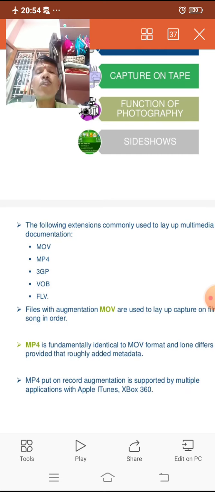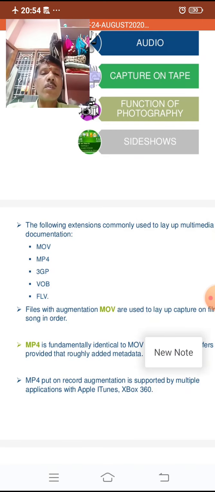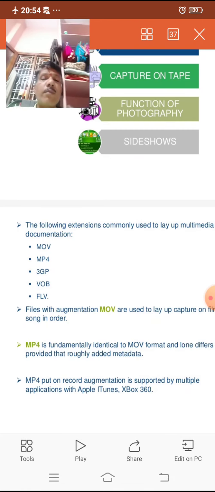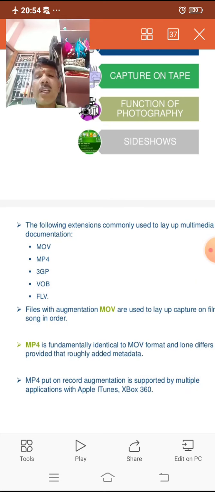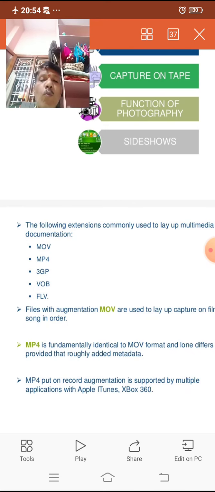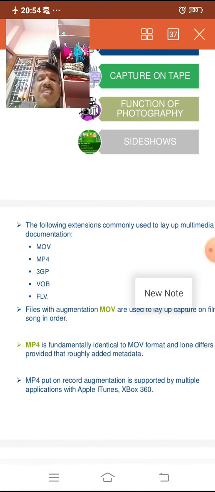Then MP4 is fundamentally identical to the MOV format and differs only in roughly added metadata. The MP4 extension is supported by multiple applications such as Apple iTunes and Xbox 360.